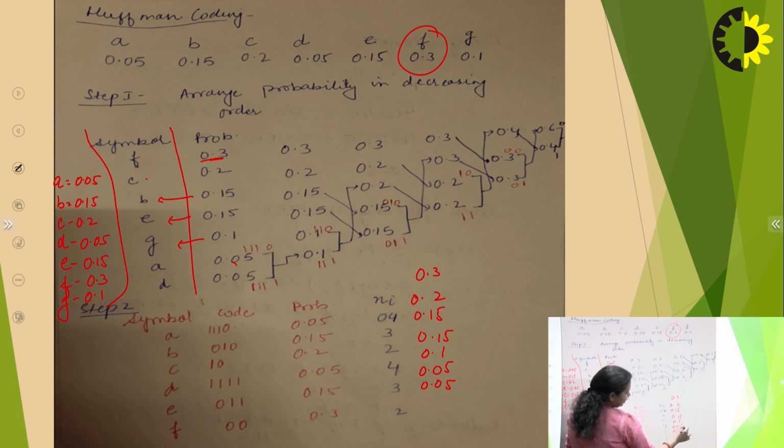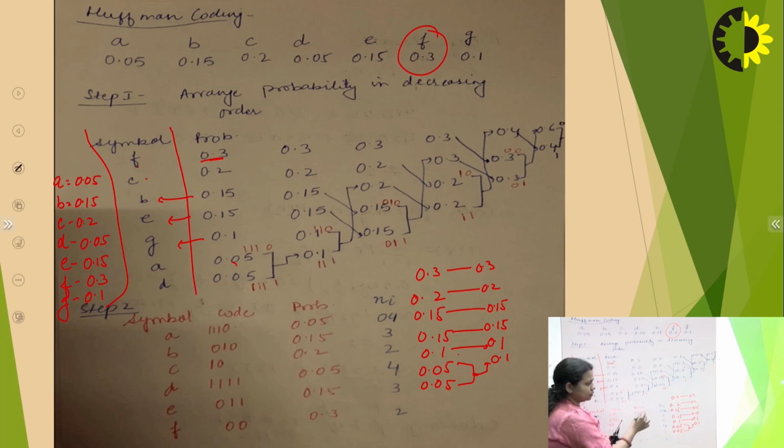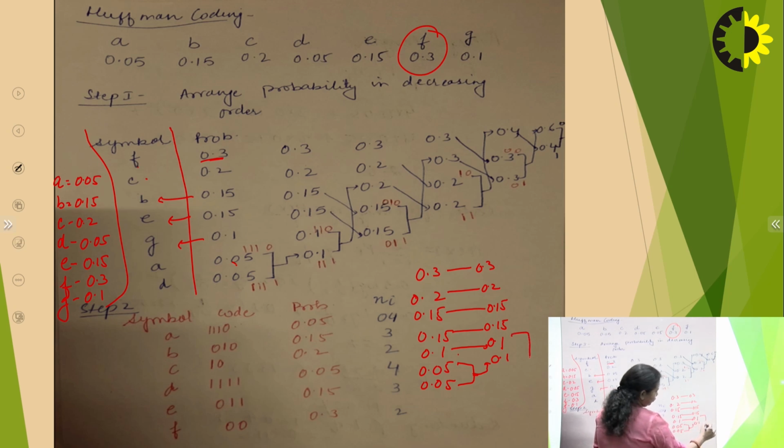Right. So this is the last. So I will be doing addition. So addition of this is 0.1, right? So 0.1 will be written here only. So 0.1 and this 0.1 as it is, 0.15, 0.15, 0.2, 0.3. So you have just done the addition of the last two probabilities, and then the last two is 0.1, 0.1. So 0.1, 0.1 is 0.2. So you will be writing 0.2 here. Then this 0.2 it will come as it is here. And this 0.3 as it is, right?